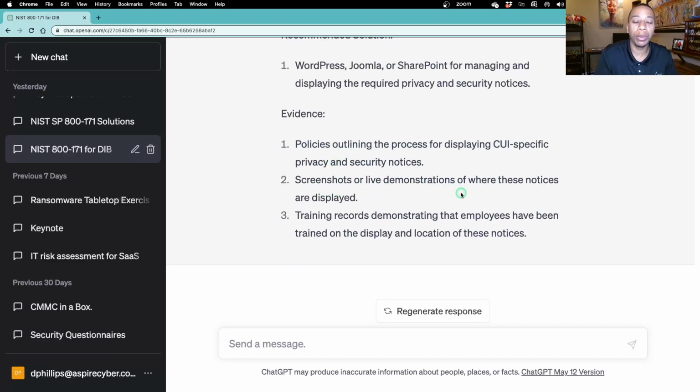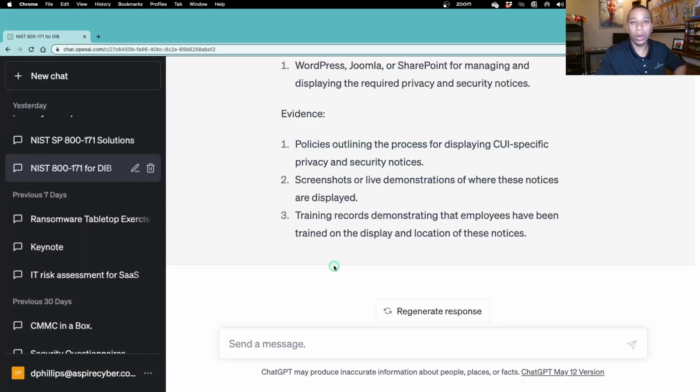So I'll say this is likely going to be an example of where the assessor is going to elect to use a live demonstration. They're going to want to test this practice to make sure that any systems that contain or allow access to CUI do have those notices. And then training records. So I mentioned, for example, configuring Windows systems to display those privacy and security notices prior